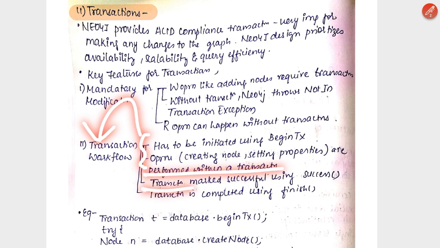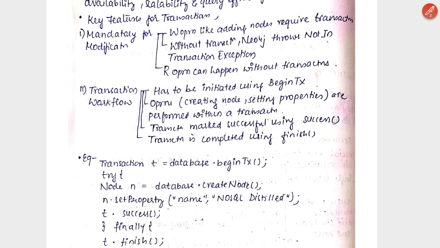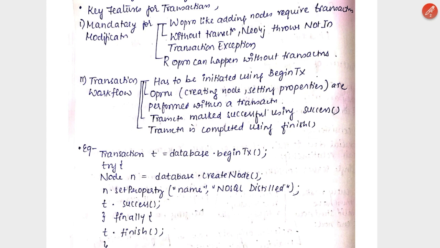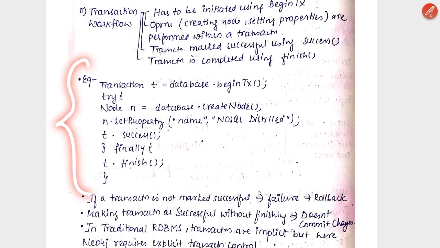So transactions are marked successful by making use of success, and finally the transaction is completed using the finish function. These are very important in order to understand how the transaction has completed, whether it is happening or not. Looking at an example here, we have transaction t is equal to database dot begin tx. So here we are starting a new transaction in the